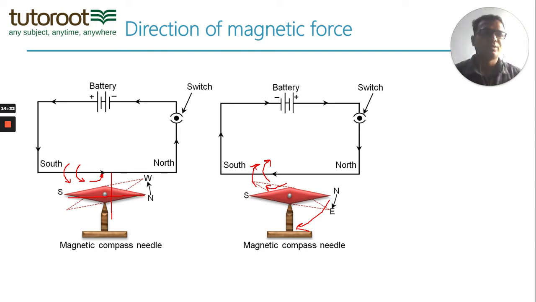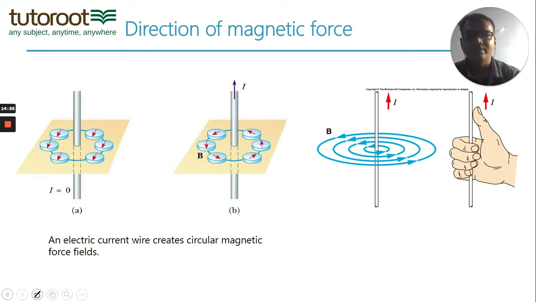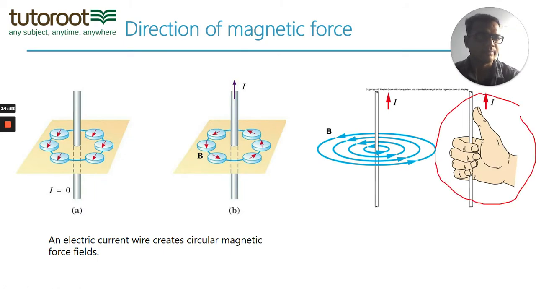So what is the compass needle here? It shifted towards the inside of the page, and in the right case the compass needle shifted towards me, outside of the page. Again, the direction of the deviation of the compass needle depends on the direction of the magnetic force, and the direction of the magnetic force can easily be found using the right hand: thumb in the direction of the current, then the fingers give you the direction of the magnetic force.